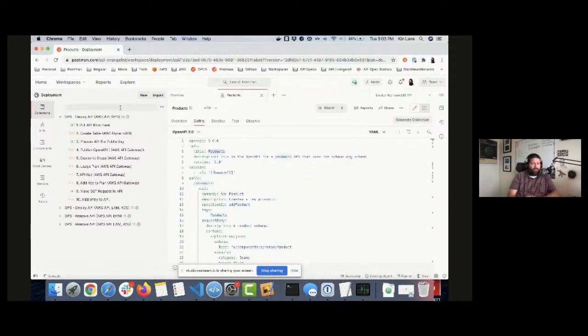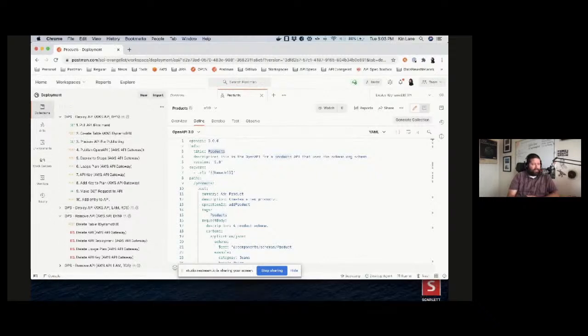All right. So we got it whittled down again. Now I happen to have this other collection that's called Remove API. So what this will do is it'll actually remove everything that we just built, because I want to rerun this and show this done in another way. But before we do this, let's actually look at